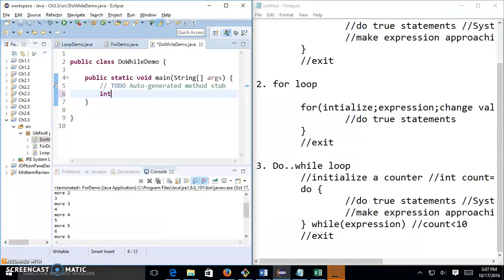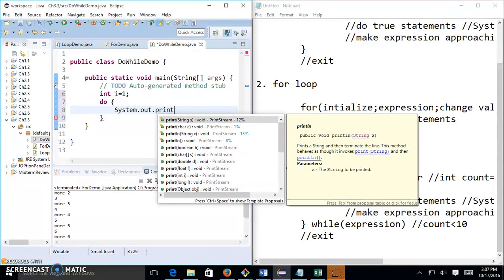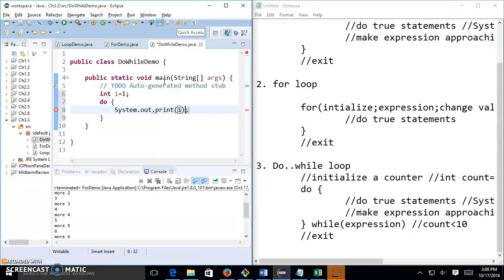So, int, it can be count or i equals the starting point, which is 1, right? 1 to 10. And do, like I said, it's going to do at least once. It's going to do what? Do print System.out.print i. So it's going to print 1. And then we do increment, right? Change the value, i++,